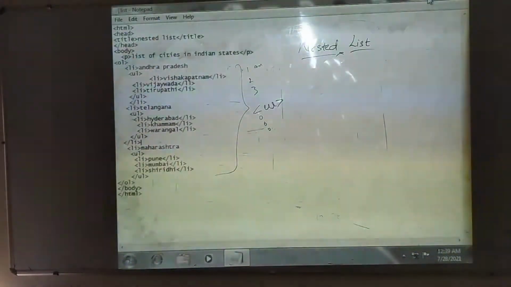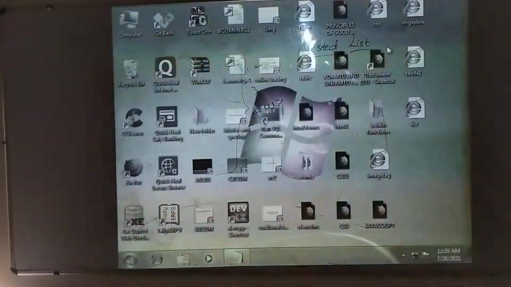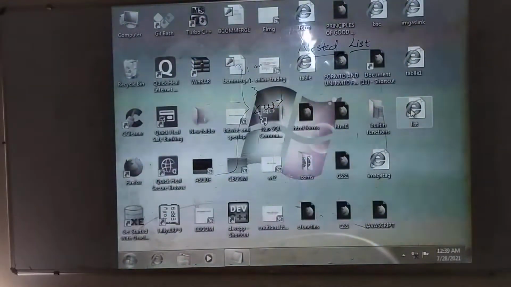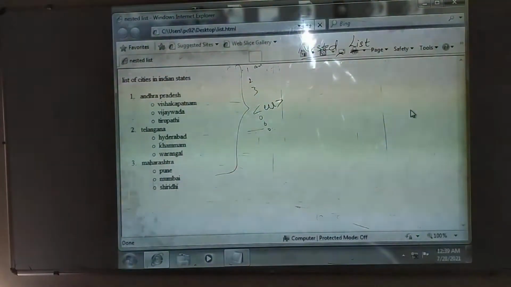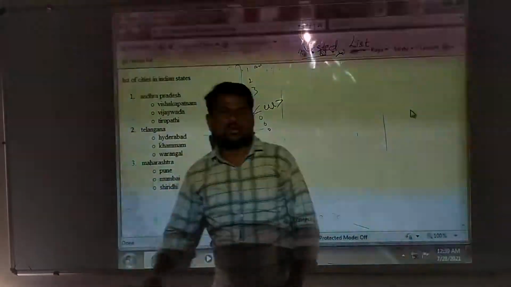After saving list.html, we will observe that list in the browser. The source code will be converted into browser output. So I am double clicking on this. This is the output for our program.